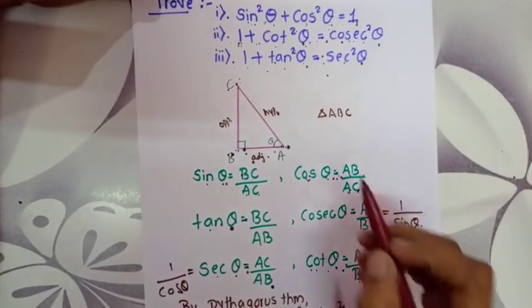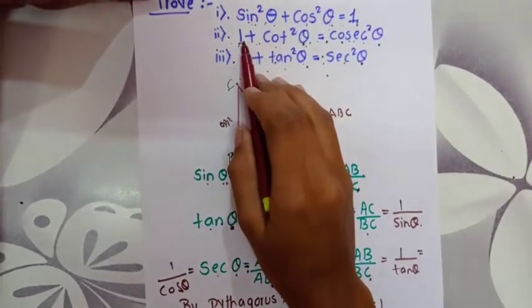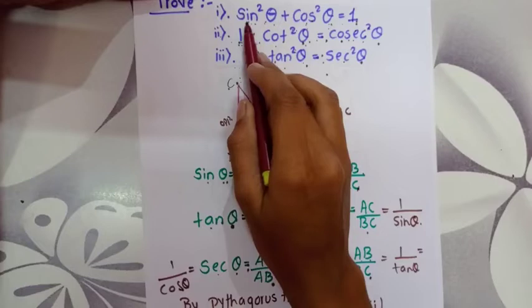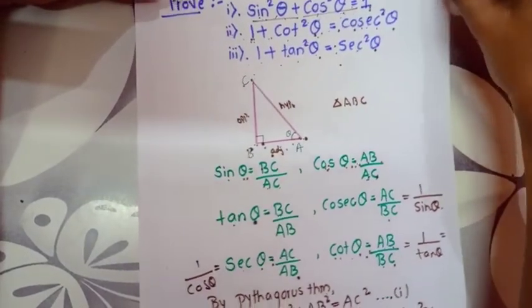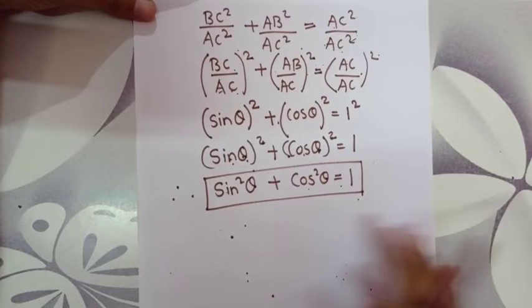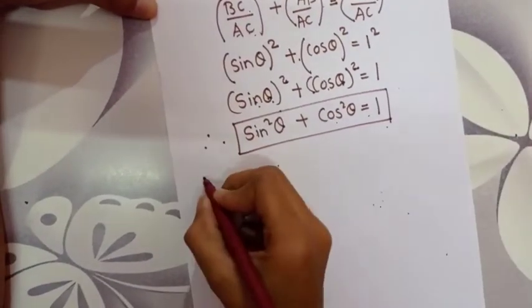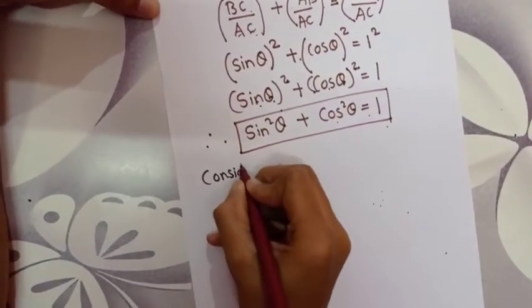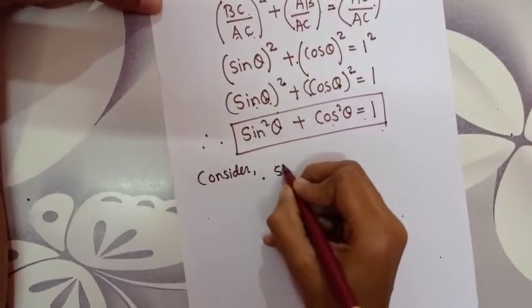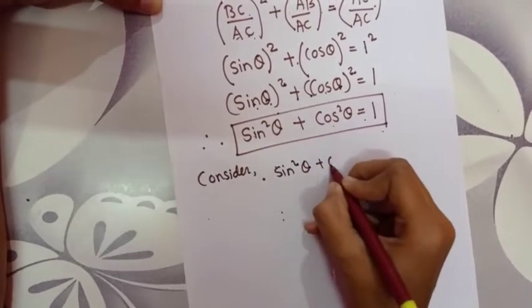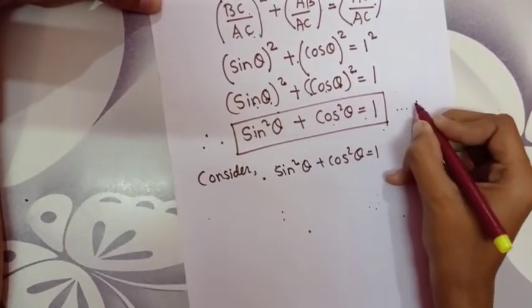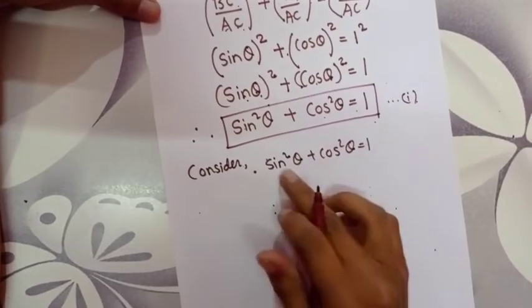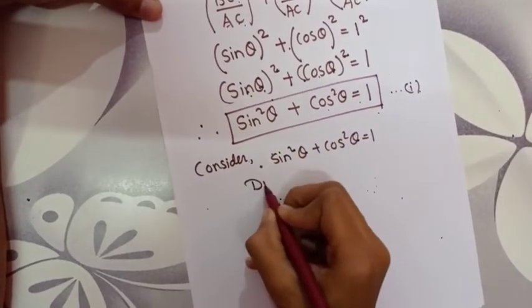Now to prove the next two identities, we have to use this first equation or the first identity. Now let us prove the second identity. Now consider sin square theta plus cos square theta is equal to 1, the equation as the first one. We will consider it. Now dividing on both sides